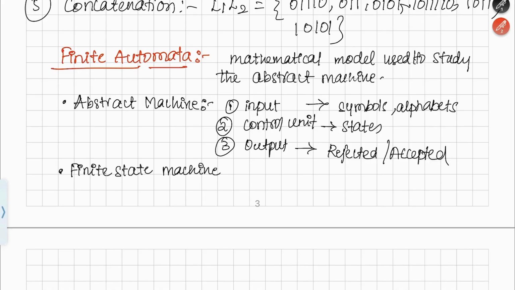So depending on a certain input, a certain output should be generated. That is what finite state machine speaks of. So input is processed by various states. Once you give the input, it is processed in the control unit, depending on various states. The start state is the initial state, and along with that we have the final state, that is the accepting state. Between the start state and final state, there will be different transitions happening. Okay, so let's understand these